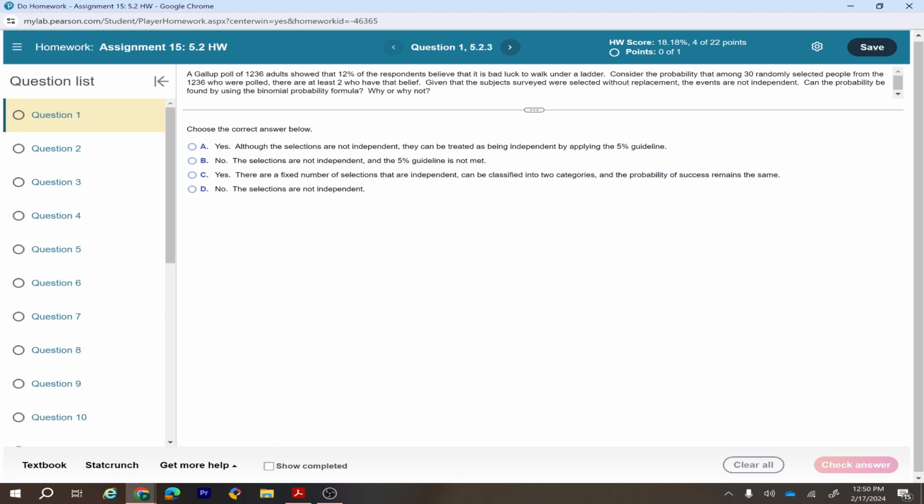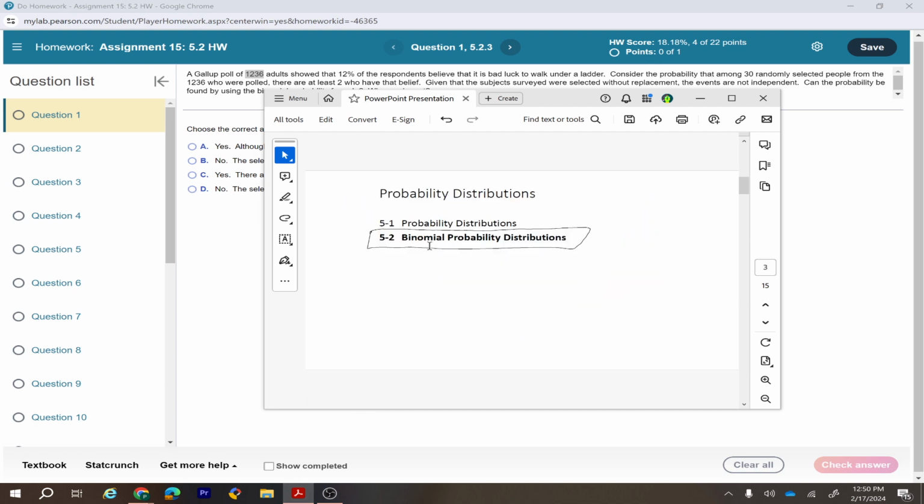Given that the subjects surveyed were selected without replacement, the events are not independent. Can the probability be found by using the binomial probability formula? First of all, the subjects were asked, do you believe? The answer was yes or no. So it's two options, two outcomes. And as you can see here, it's a finite number of trials because they were asked of a finite number of people. So when you check these 4 criteria,